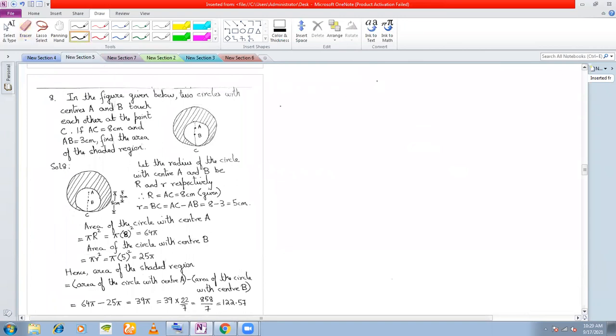Sir, 2 to the power n. Now it depends what is n. Natural number? Whatever be the value of n, it is a real number. Now if n is rational, then it becomes a fraction, 2 to the power of p by q, right? So 2 to the power of n is a real number. Okay, sir. Thank you.